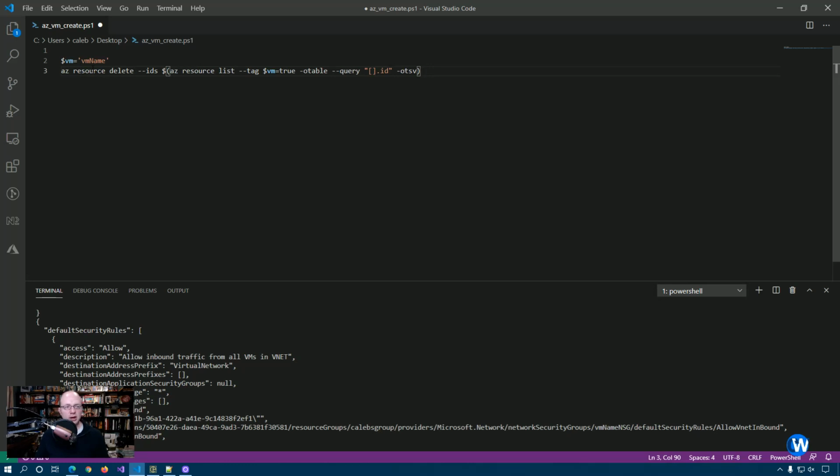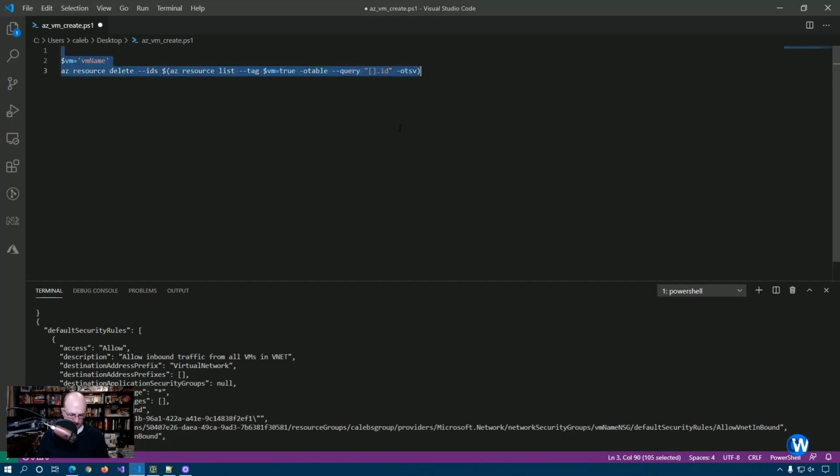So here we've got the VM name, which is the exact same name as the name of the VM we created. And what we're doing here is we're going through all the resources and we're deleting all of the IDs where